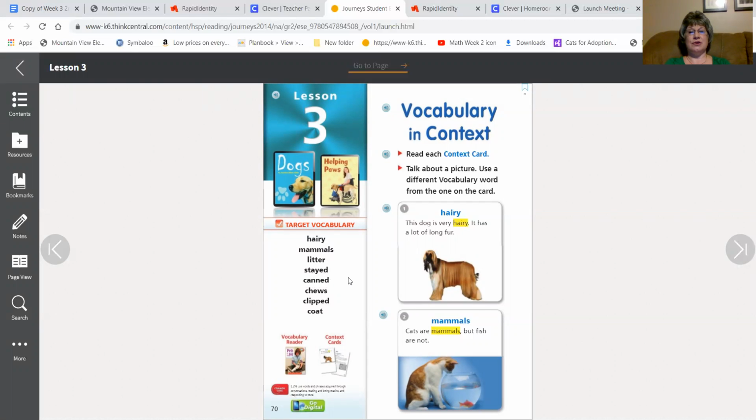Canned. Your turn. Choose. Your turn. Clipped. Your turn. And coat. Your turn. So it is very important, guys, before you actually start reading our selection of the week,